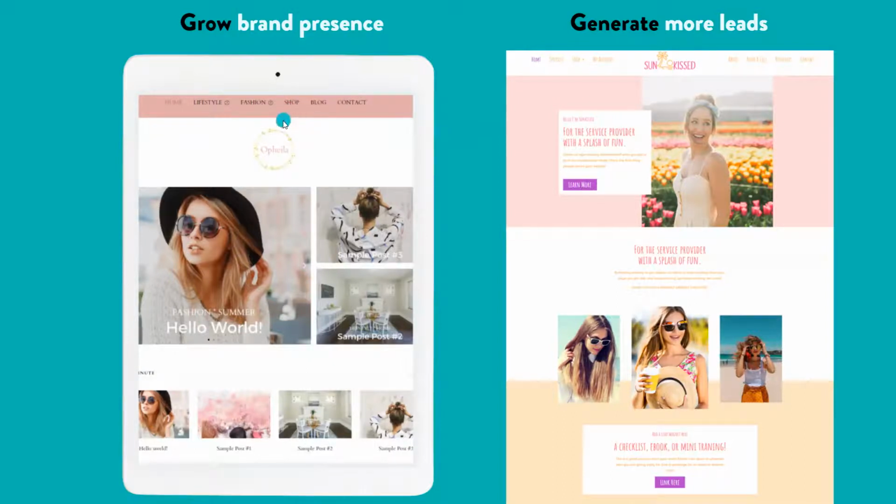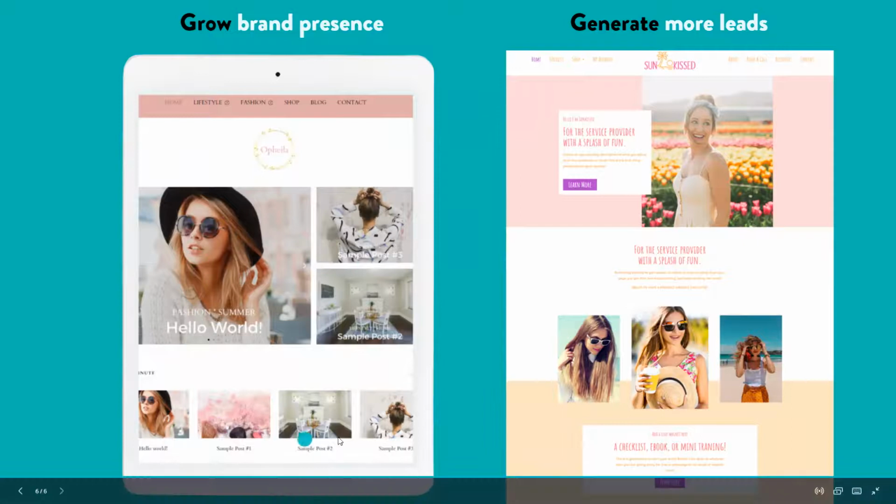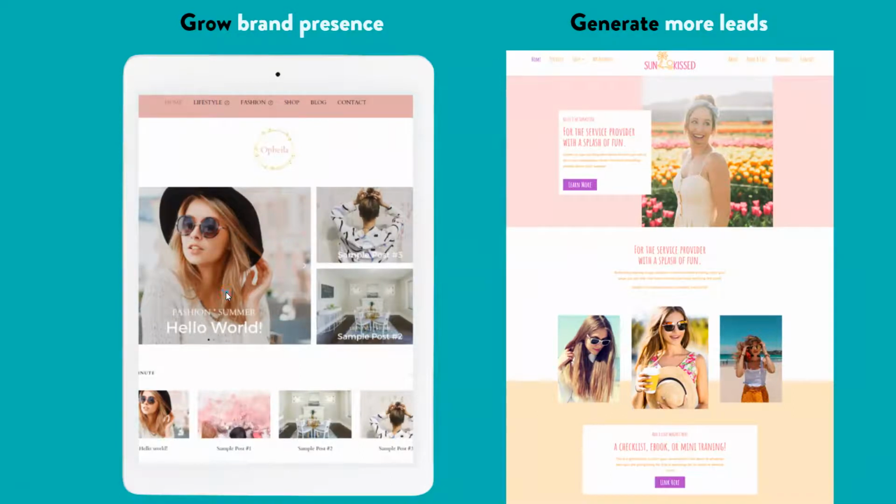So again, a website can have multiple purposes, but you want to make sure that you have your overarching purpose, and then a page can have its own purpose as well. And this is a great example of that, since you see we're not pushing anybody to the shop on this particular homepage, but maybe if they get into a blog post about a cute clothing or a cute outfit